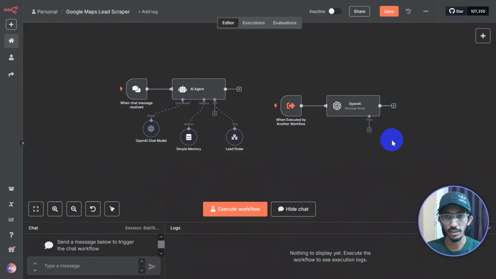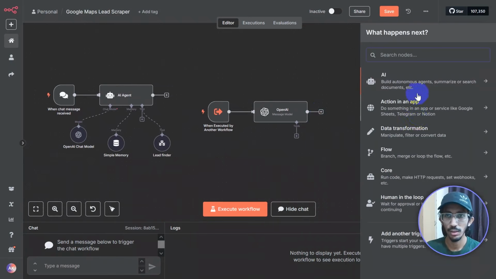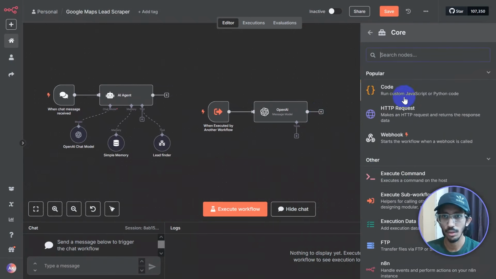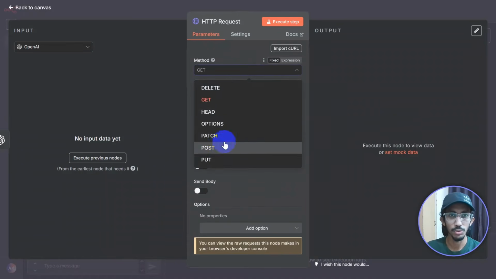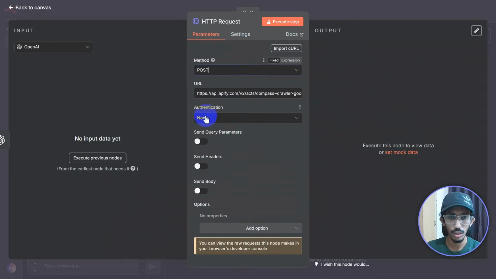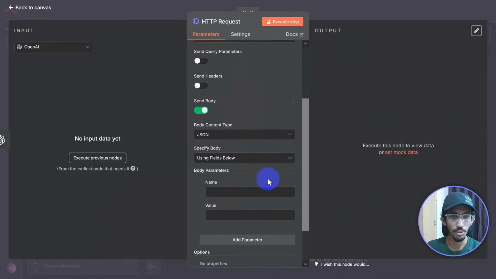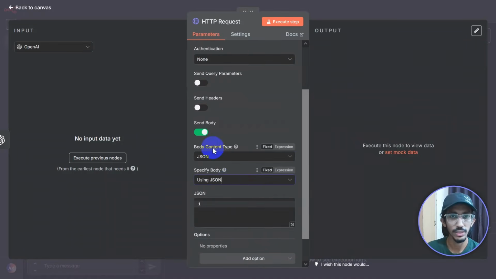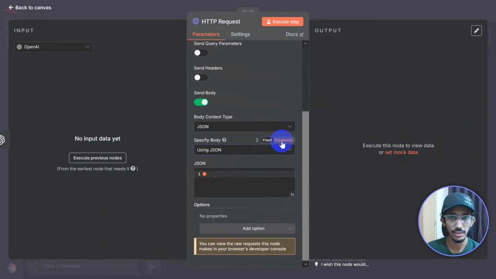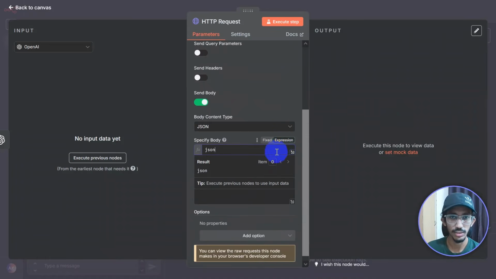Okay, now we can add our HTTP request node. We're going to paste the URL here, and as you can see, the authentication ID is automatically added to the end. The method is POST, no authentication needed, no headers needed. Of course, we need to send a body, so we're going to click using JSON, and we are going to select